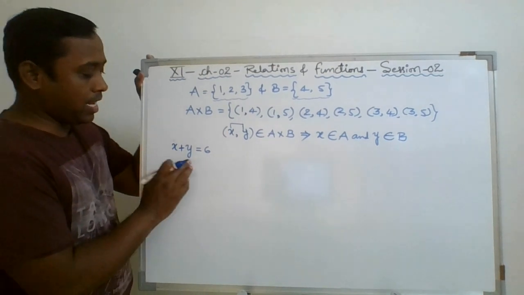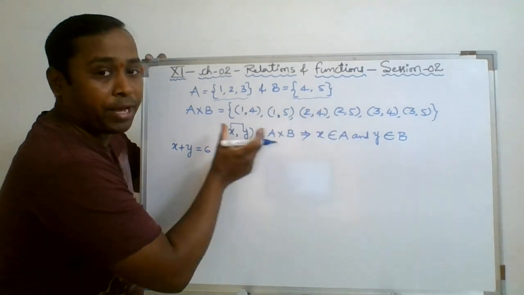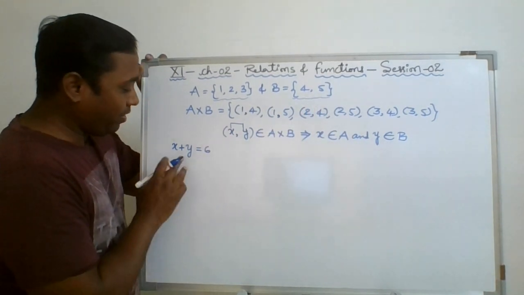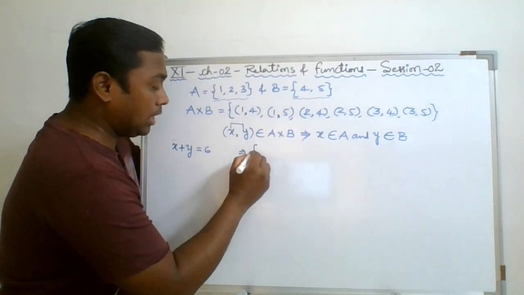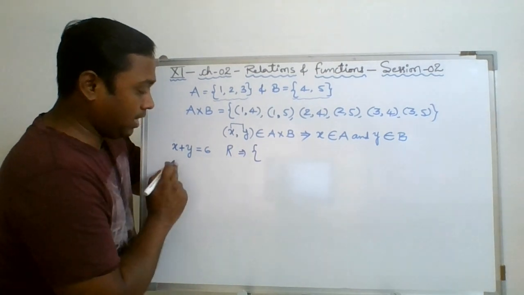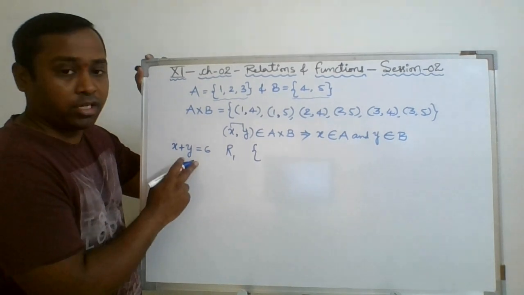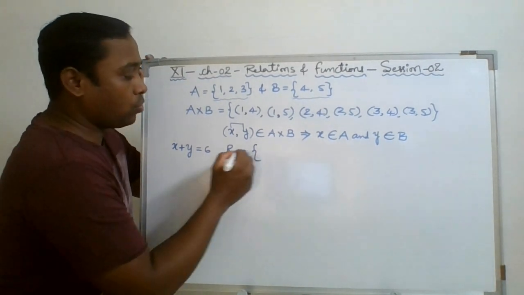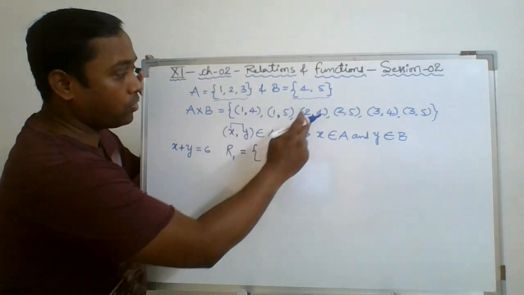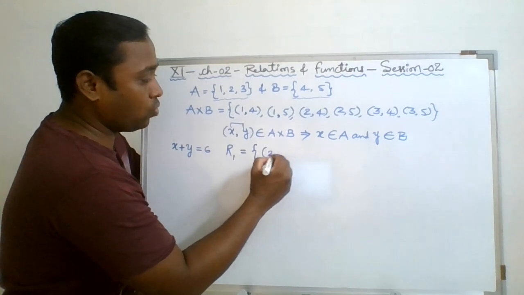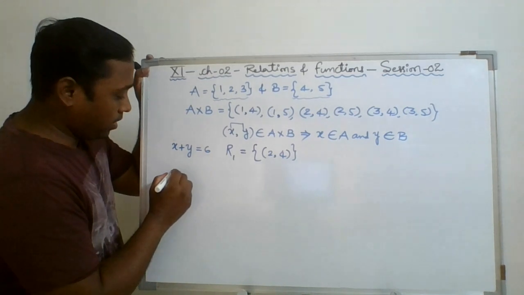Okay, so I am relating x and y through this condition, which means I am just taking those ordered pairs from the Cartesian product which satisfy this condition. So ultimately I would say this is a relation, so I am denoting it by R, and since it is the first relation, I am writing R1. Which ordered pair will satisfy the condition x plus y is equal to 6? That is 2 comma 4. I think there is no other ordered pair satisfying the condition. Now the second condition,